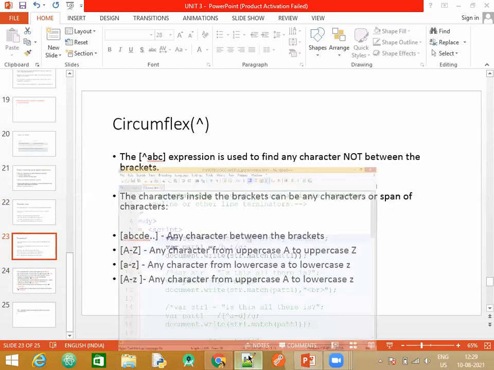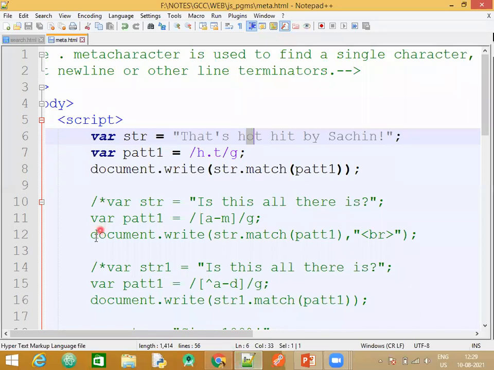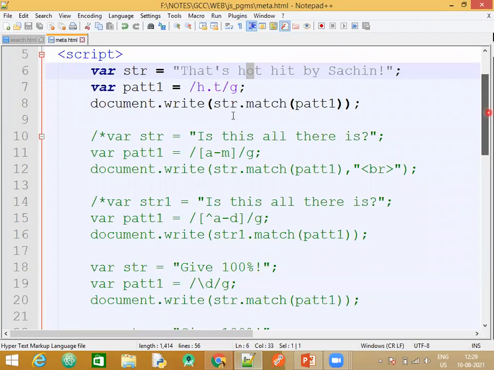Go back to this example now. Okay, instead of running the first one, we'll run the second and the third. Second one we have already seen, character class. Okay, so let me comment again.